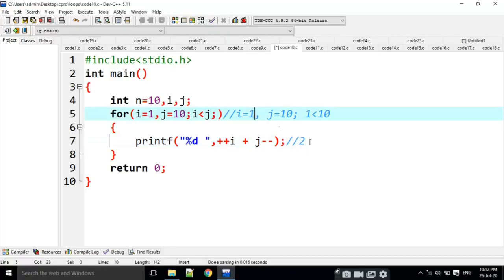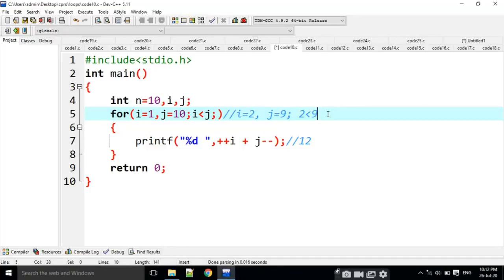Then i becomes 2. It is a post decrement operator. Then what is j value? j value is 10 only. At this time it is going to print 12, and i becomes 2, j becomes 9. Then again it is going to check that 2 is less than or equal to 9.